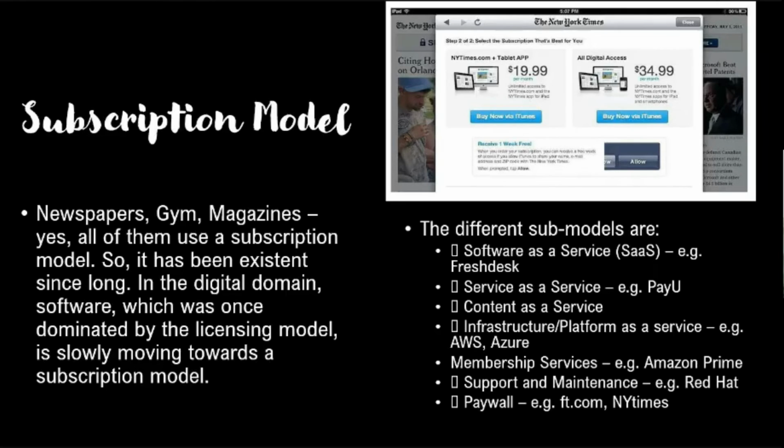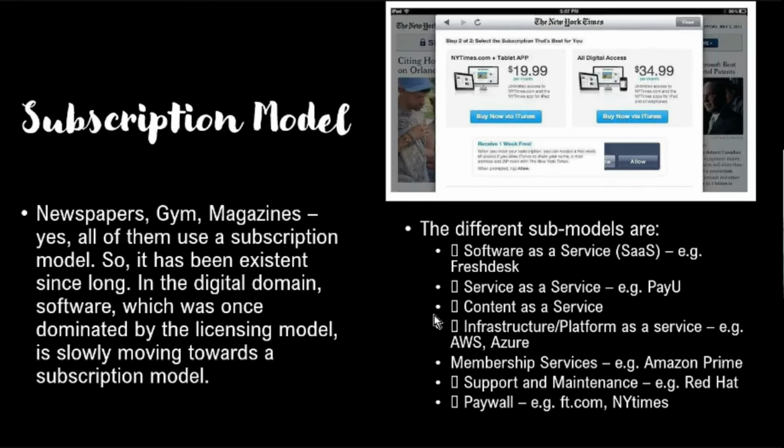Generally, unlimited usage is offered, but a few have a specified cap above which they charge a higher rate. An example is the New York Times magazine. You can buy it if you want unlimited access to newyorktimes.com and the New York Times app for the iPad. So, you can subscribe for